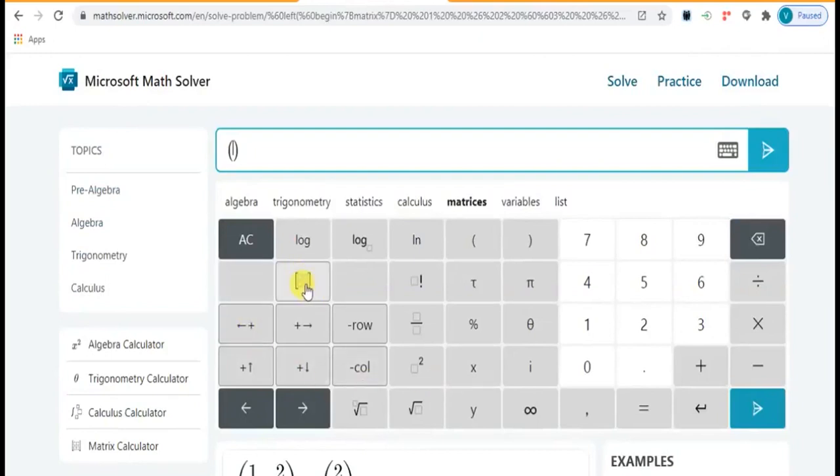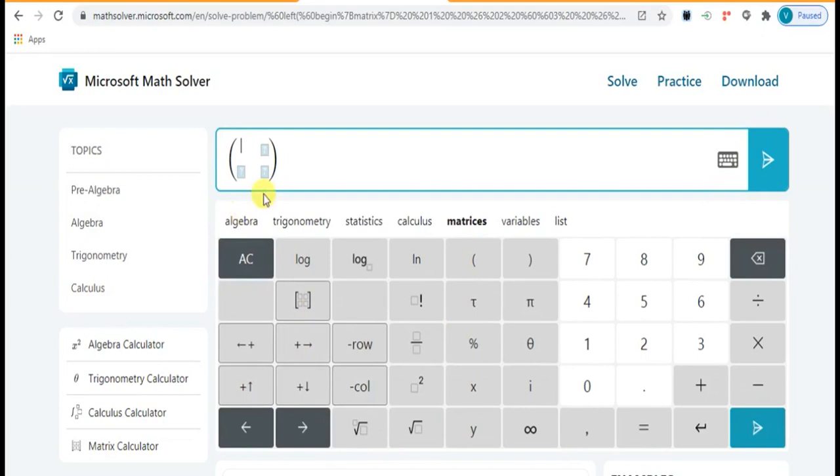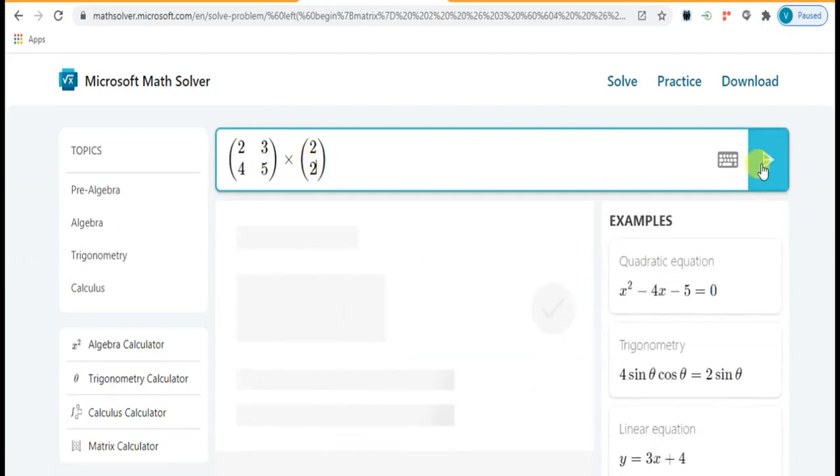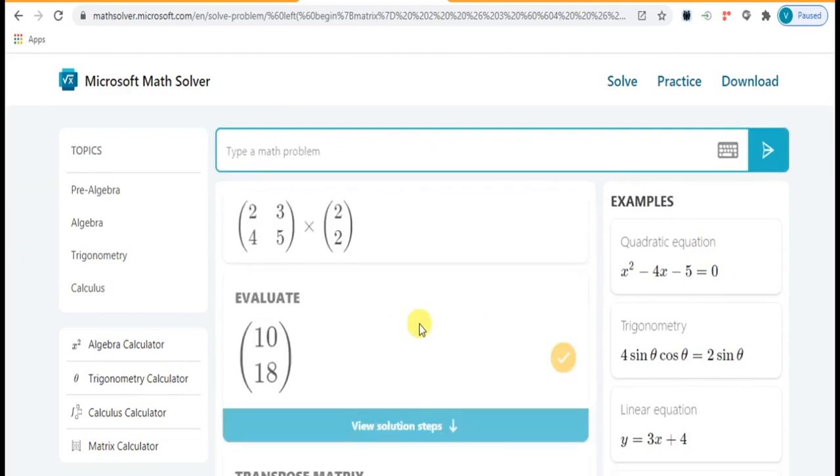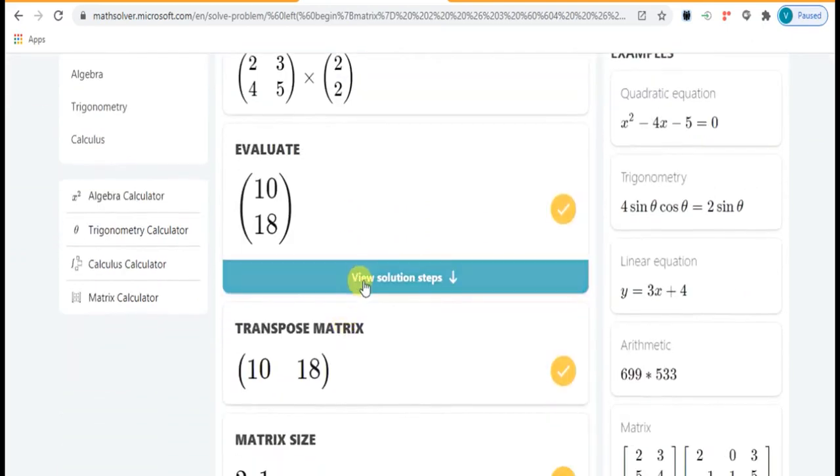For example, multiply by the other matrix, it shows the output here, also shows the steps.